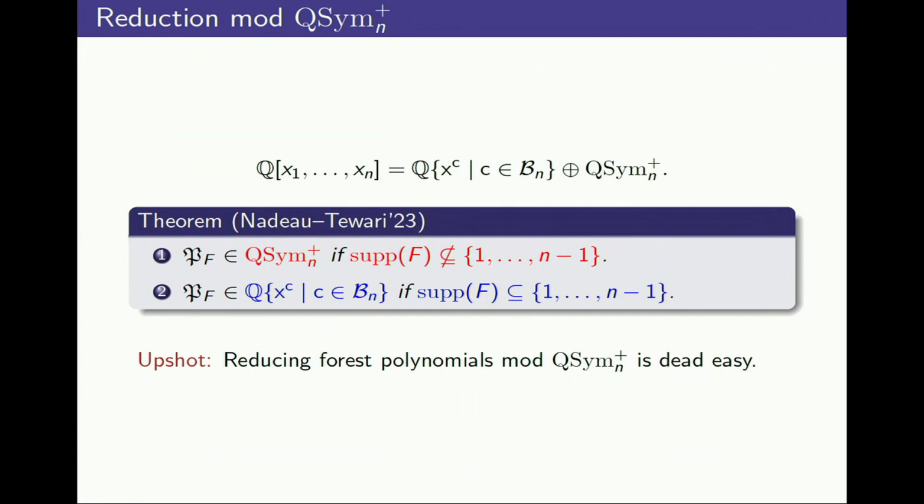So you should compare this with Schubert polynomials. If I hand you a Schubert polynomial indexed by a permutation in S infinity, and you reduce it modulo the ideal of symmetric polynomials in n variables, then it's either 0 if its last descent is at position n or above, or it needs no reduction. It's already a linear combination of Artin monomials. What am I trying to tell you? ABB monomials should really be treated as Artin monomials for the sake of things that I am trying to do. Okay? So this turns the task of reduction into a task of testing what the support is.